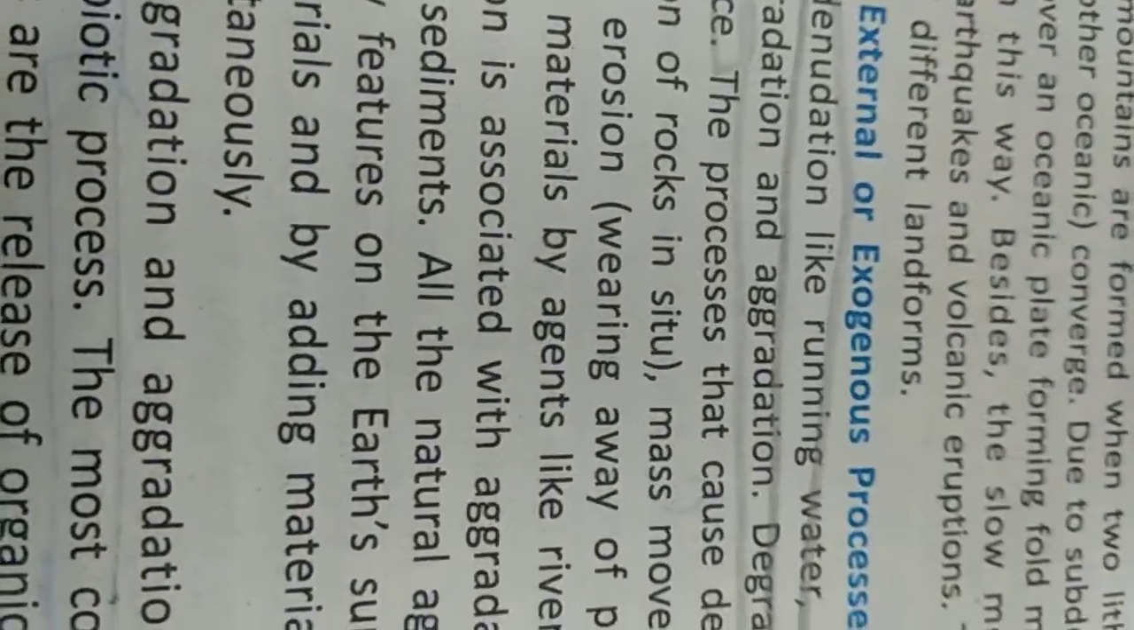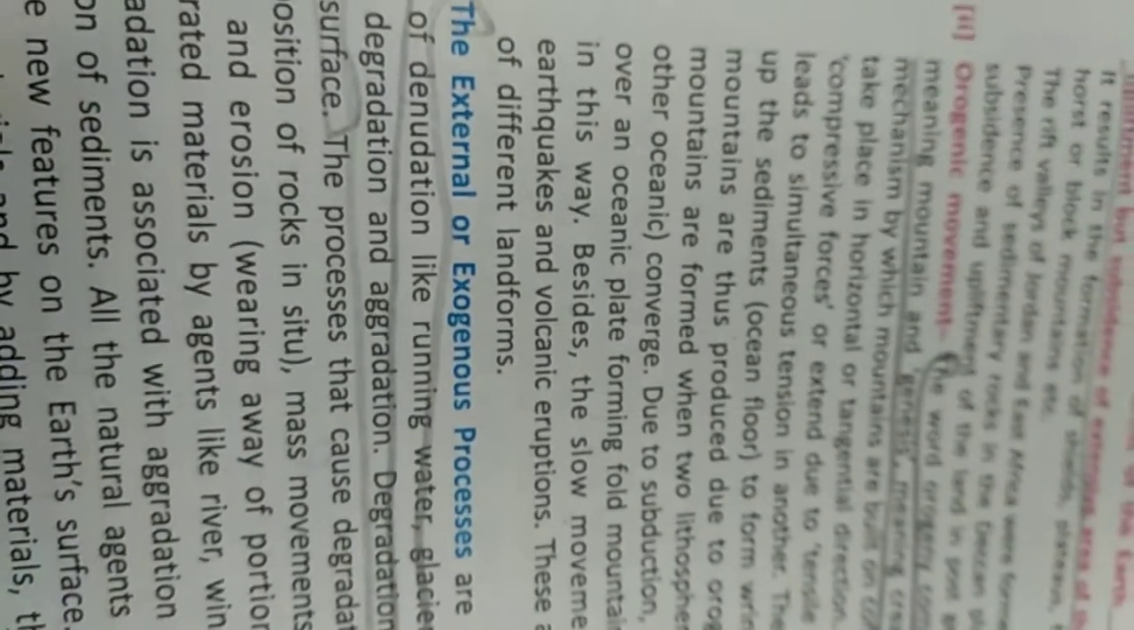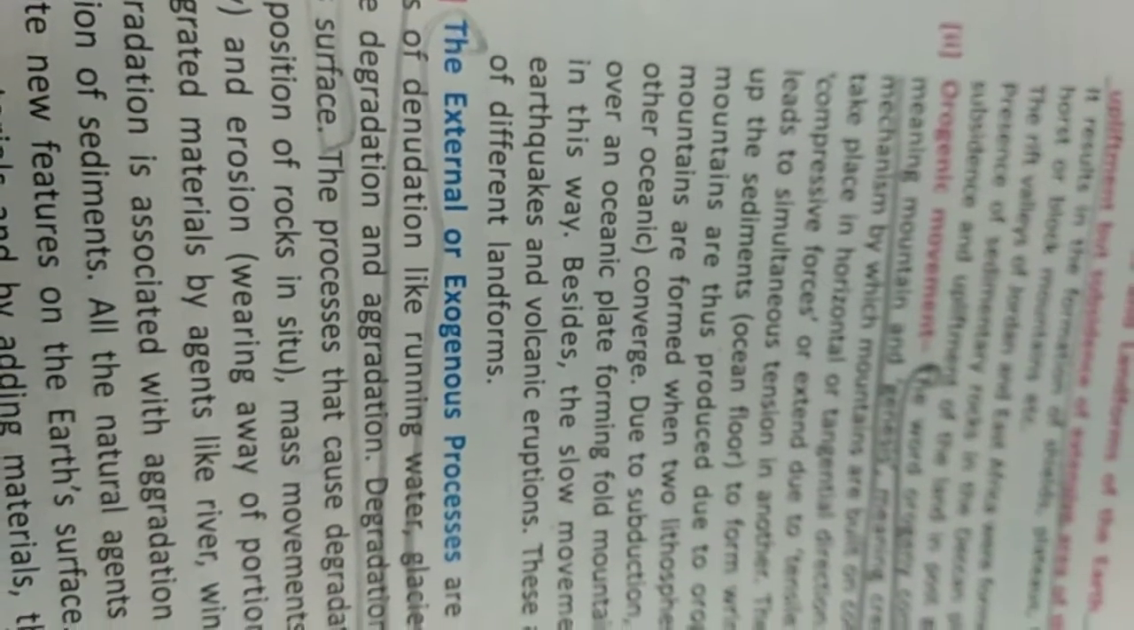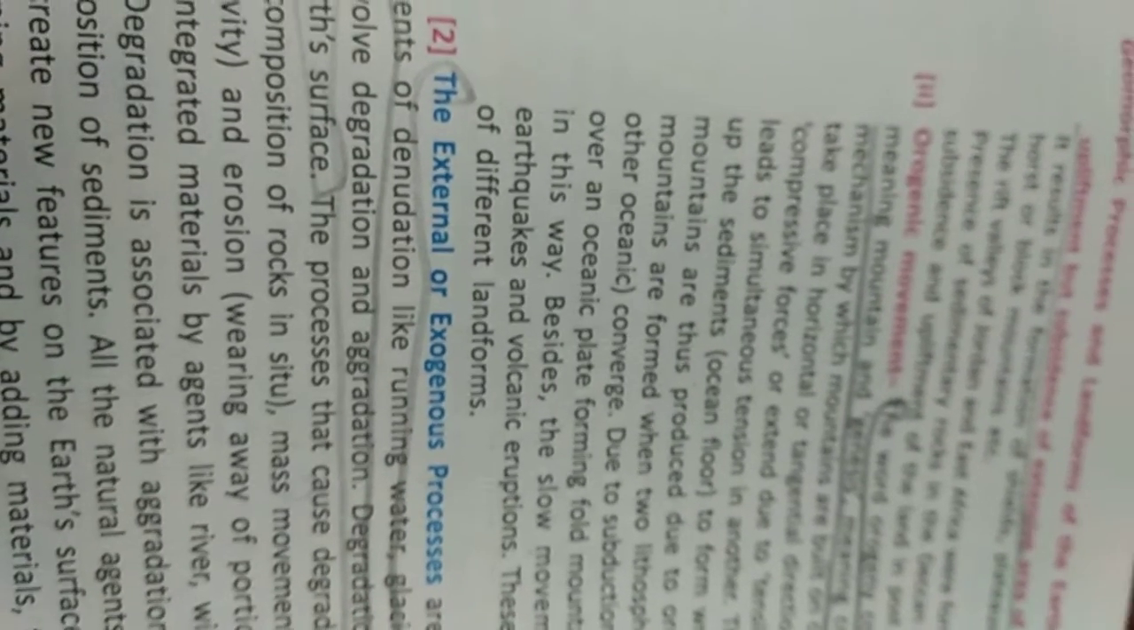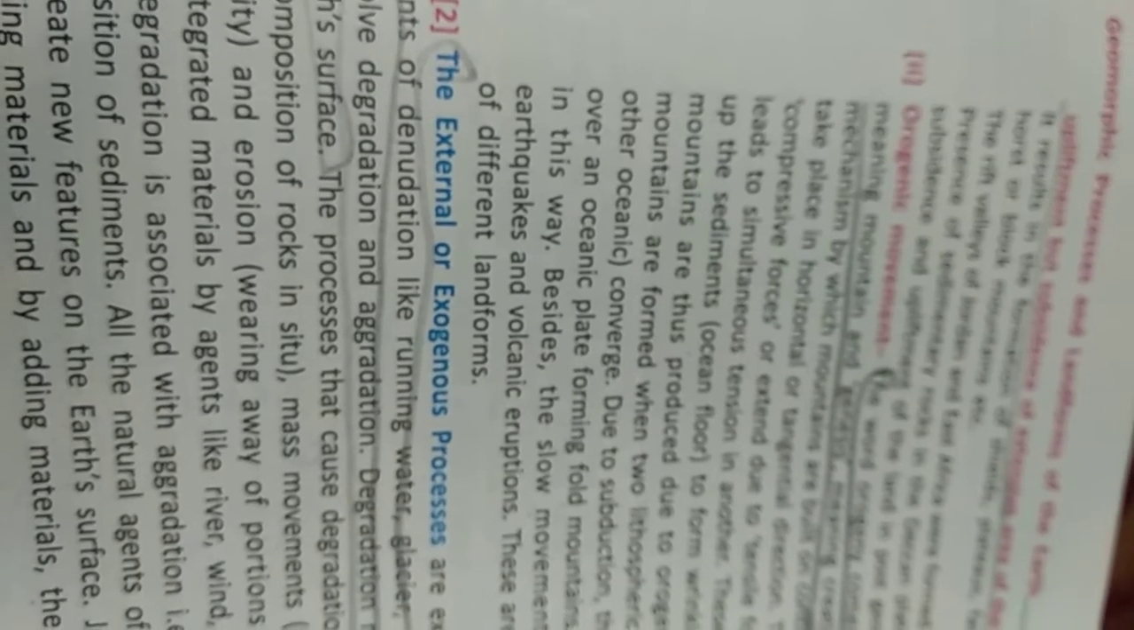Today we will do external process, class 9, or exogenic process. This process acts through the agents of denudation like running water, glacier, wind and waves. This process involves degradation and aggradation. What does degradation mean? Lowering or flattening of the